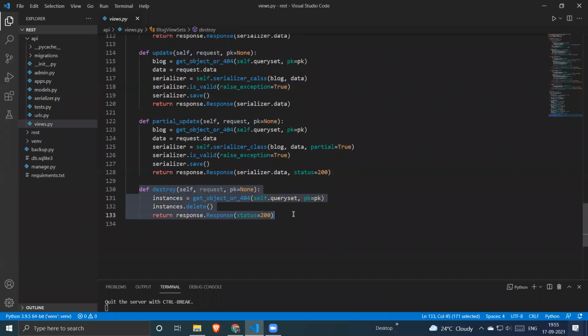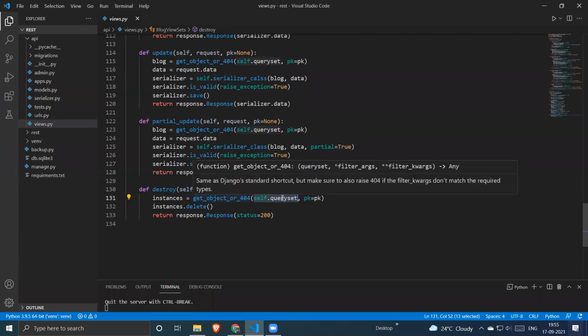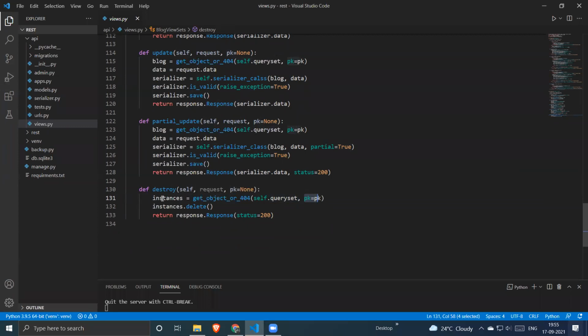Same goes for the destroy function. Destroy function will also take 3 arguments. One is self, second one is request, third one is your primary key. Then again, we have to make a get_object_or_404 request. We have to pass the query set data to the get_object_or_404 function. Then again, we have to define the primary key. After getting the data, we simply make a delete request. After deleting the data, we cannot just pass the previous data to the output function, so we have to make status equal to true.